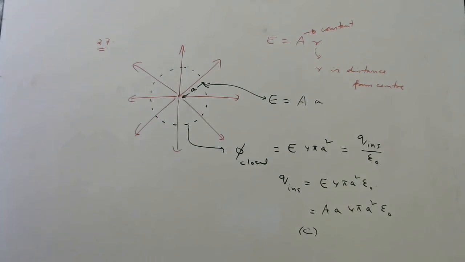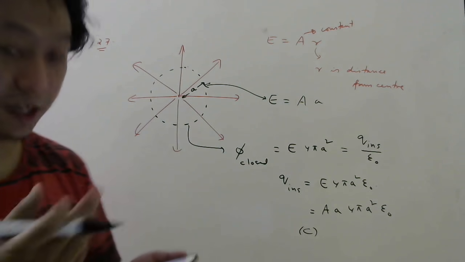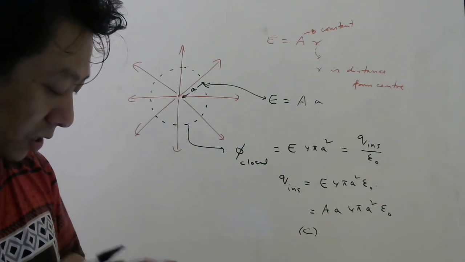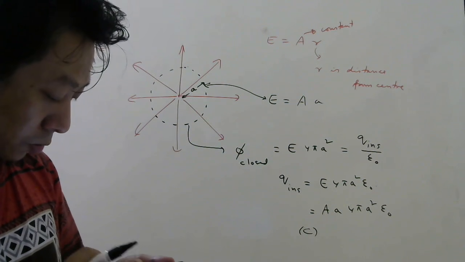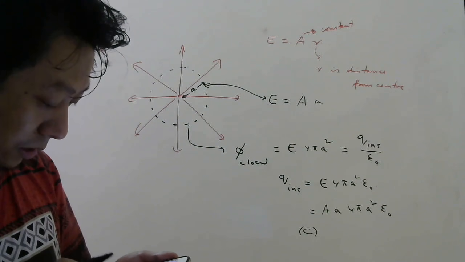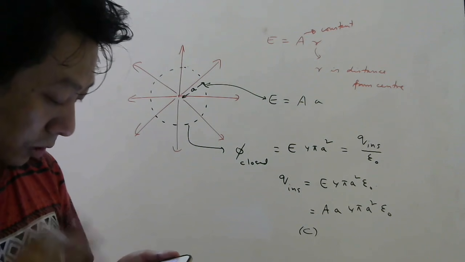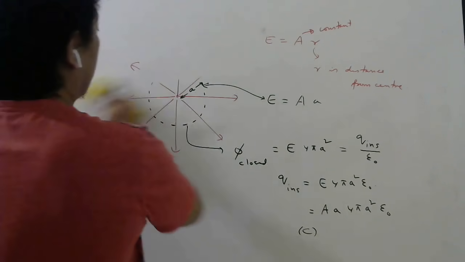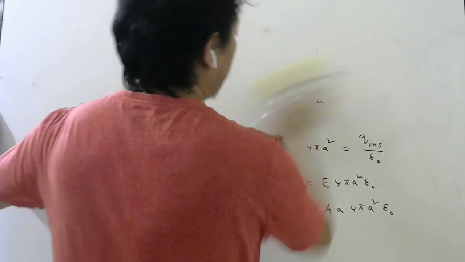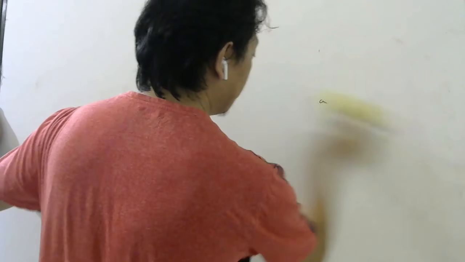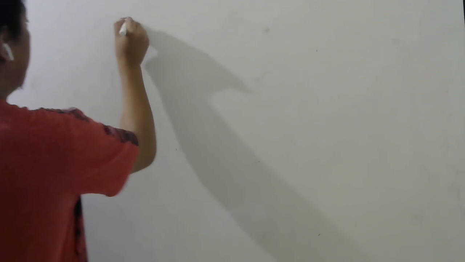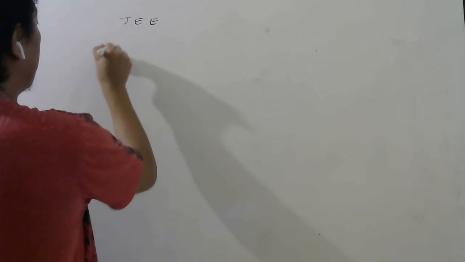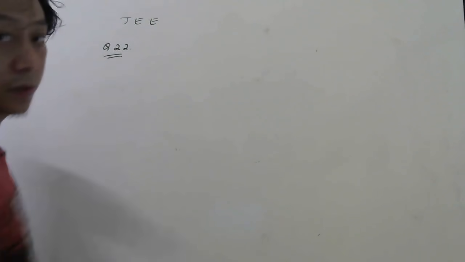Let us see the next question now. Okay, next question is based on next chapter. So let us now go to JEE. So in JEE, the last question we did, if I remember, was 21. So today we have to do 22. So JEE question number 22. Look carefully. JEE question number 22. Okay.